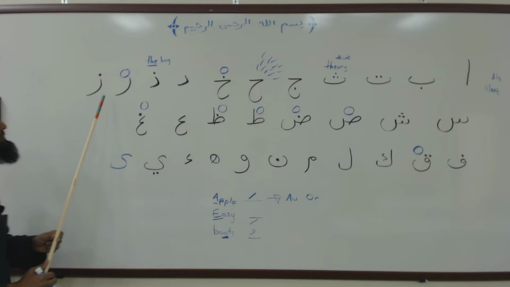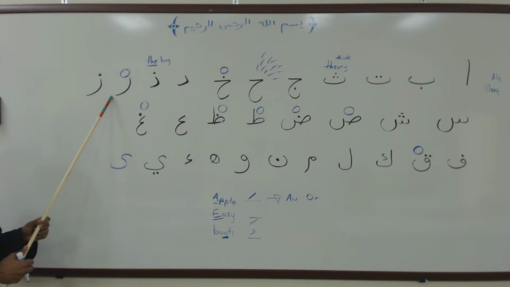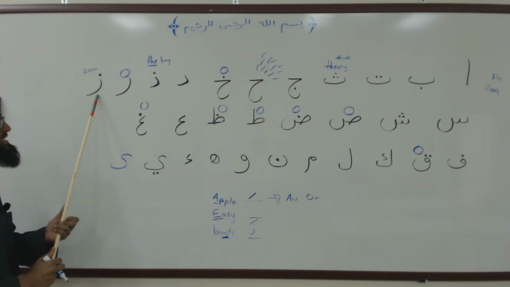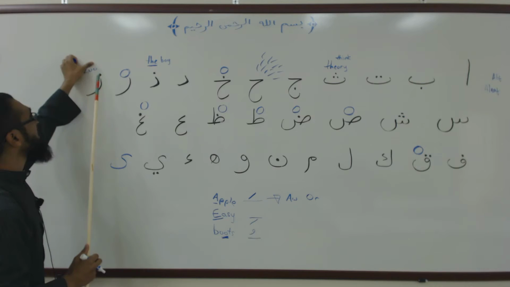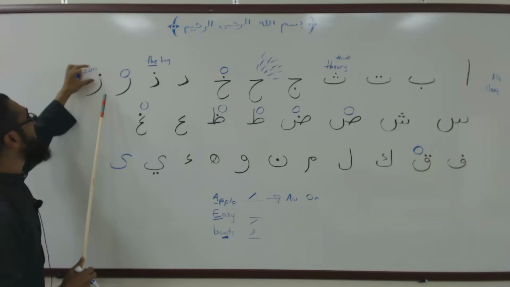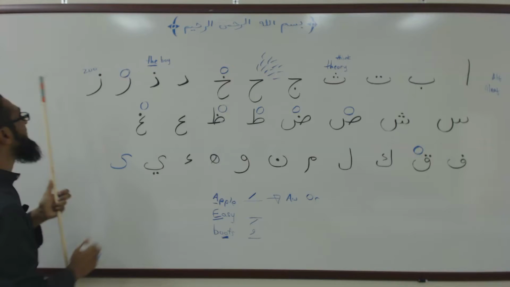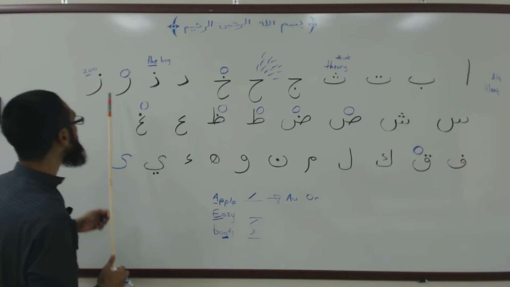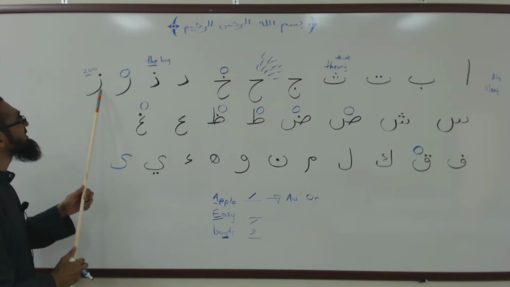Z. This is the z sound. Zai. The z sound, like the word zoo. Zai, right? So this is Zai. Now I'm just giving you words to give you the sound. We're looking for the Z sound. Because when you put the letters together, you're going to see this letter,